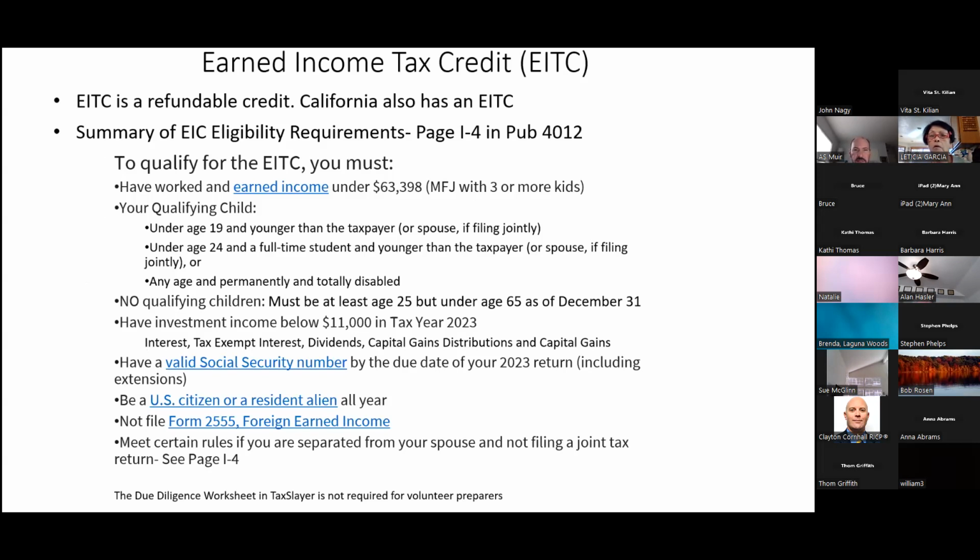Okay, here's the big credit. I remember years ago, I used to talk about the mother of all refundable credits. It used to be the adoption credit, and that was a monster, meaning a good monster, but that went away. It's non-refundable now. And so this is the largest credit that I can think of on a federal return. When you're talking about the earned income tax credit, like any credit, you have to qualify. There are certain rules that you have to meet. And the EITC is a refundable credit, and that's typically what you see at the VITA site.